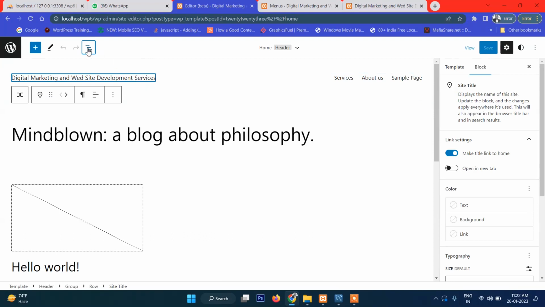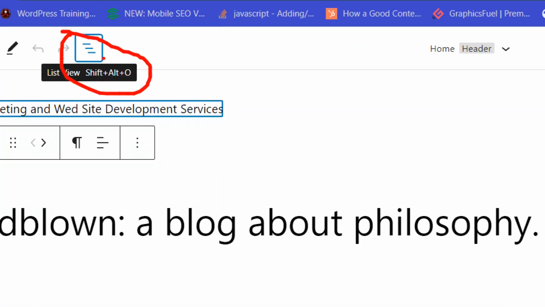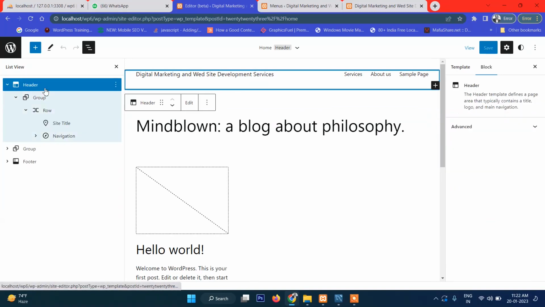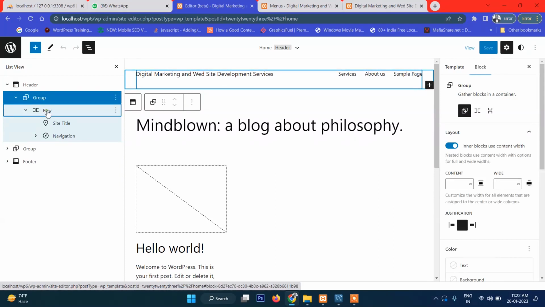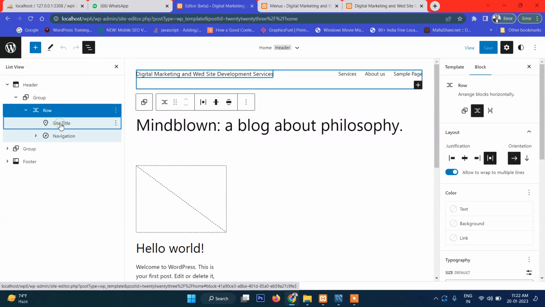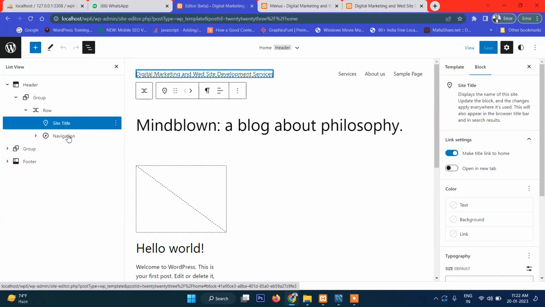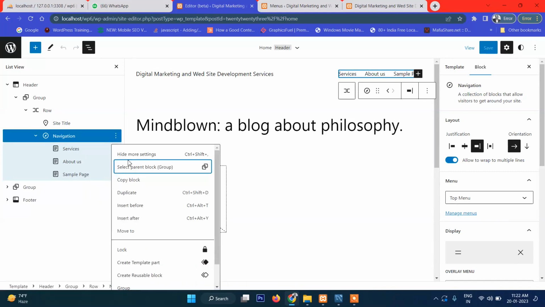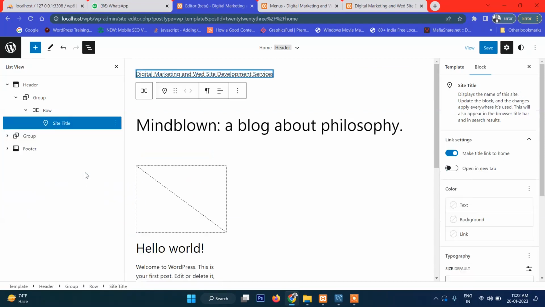If you click this side here, the three points, then you can see the block structure. Click here, and this is the main header. When you put the mouse over it, it will get highlighted. This is the main header, and inside this there is a group, and here there is a row. Inside the row, this is the first title row, and this is the navigation. Inside navigation there are services and so on. Okay, let's do one thing. I will remove this navigation, and